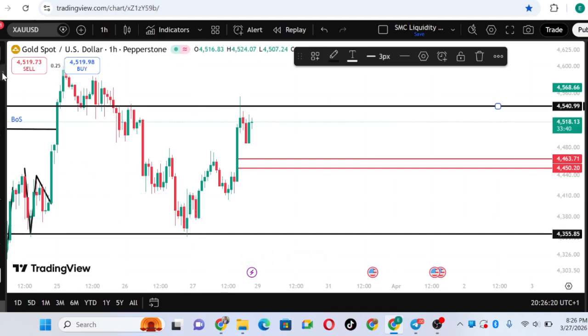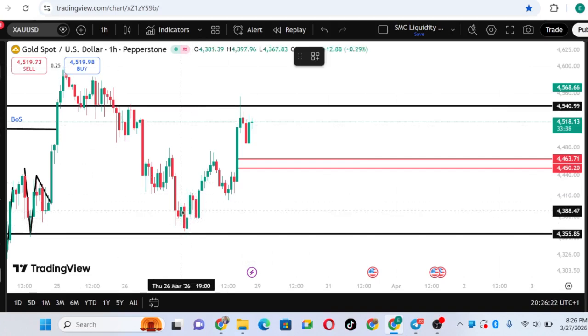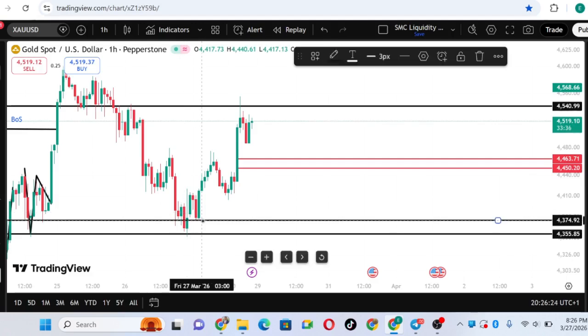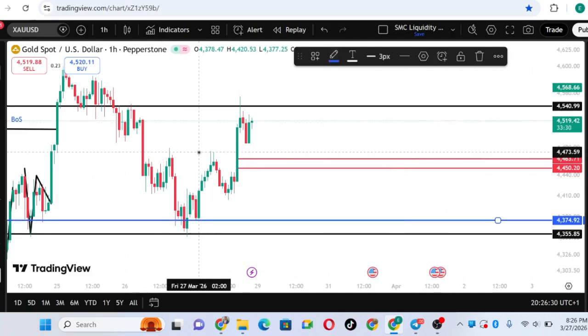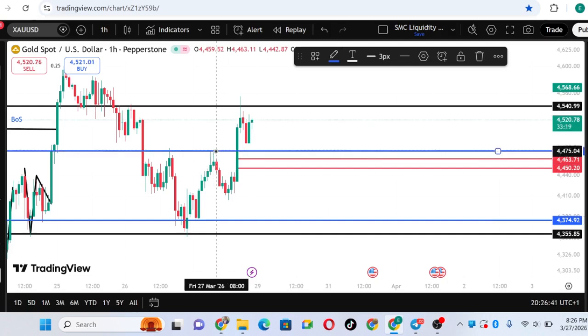So let me put something where we have the low. This was the Asian low. I'll change the color so you can understand it. I'll give it a blue color. Then Asian highs. I'm looking for Asian highs on the 27th, 5 a.m. This was the highest level for Asian highs, because the market will always take liquidity before we do anything in the market. So I've mapped out everything.